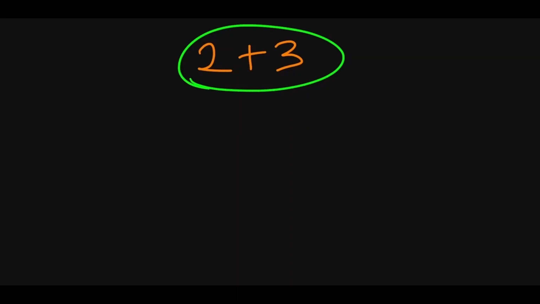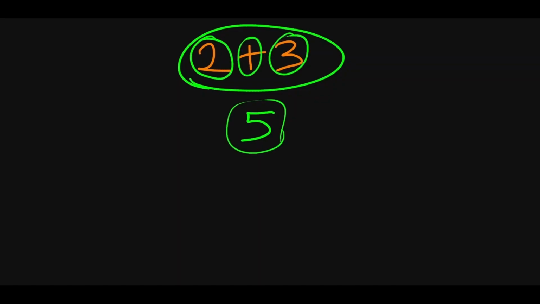Now let's begin. If you had 2 plus 3, an expression, though it is not algebraic but it's an expression, and you want to simplify it, what does it mean? It means that you want to make it shorter. So you want to replace this 2 plus 3 with 5. Why are you replacing it with 5? Because 5 is just one article compared to here that you have 3: 2, plus, and 3.